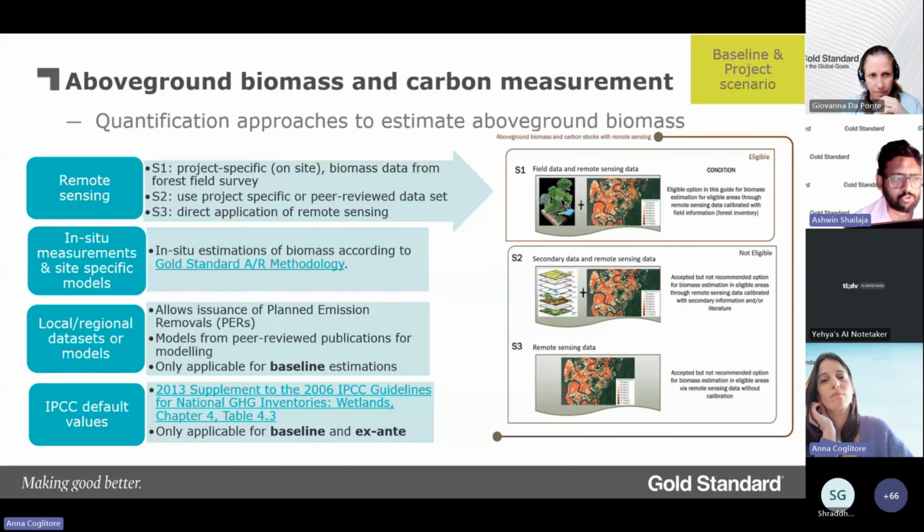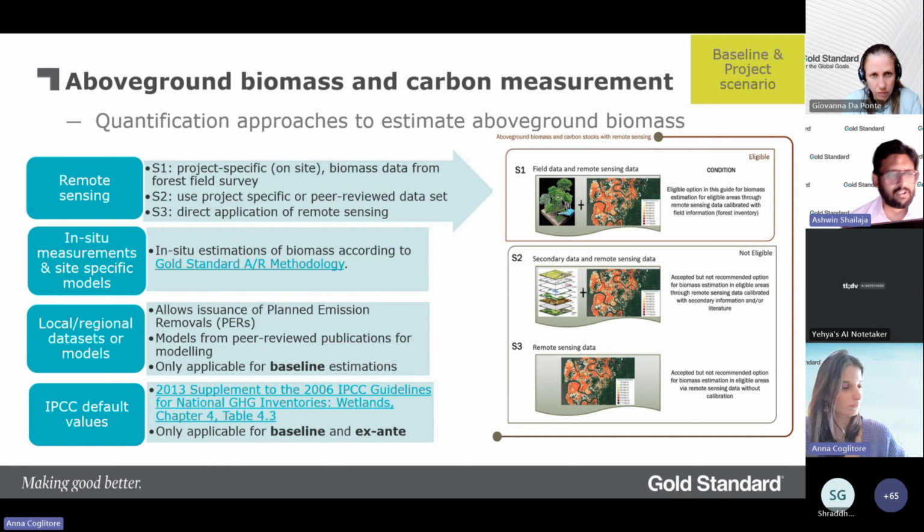Approach 1 and approach 2, which are basically remote sensing as well as in situ measurement, are quite related. The remote sensing model approach here basically refers to models created through remote sensing, which are project specific, from ground data and data collected from mangroves within the project area. Remote sensing models are created, and these remote sensing models will have to be validated to be appropriate for use, and then they could be applied.